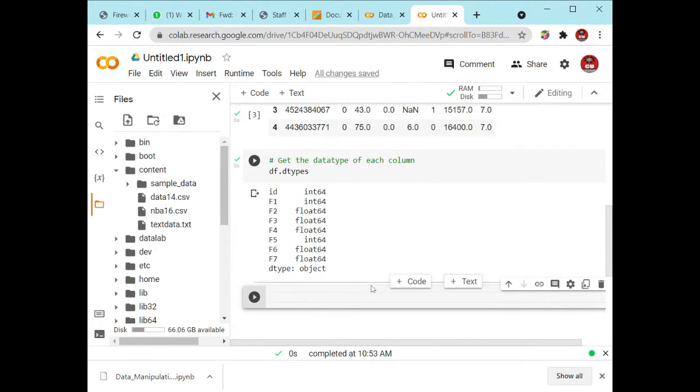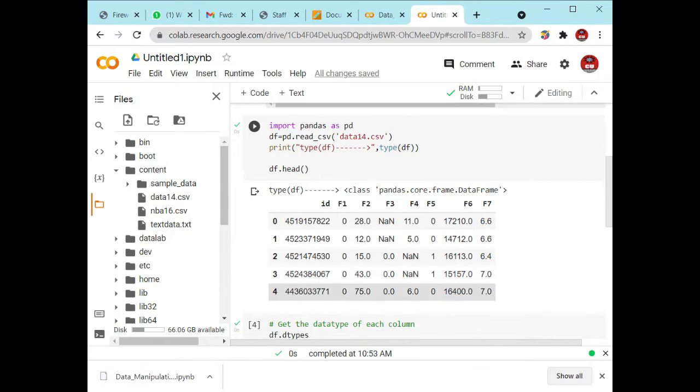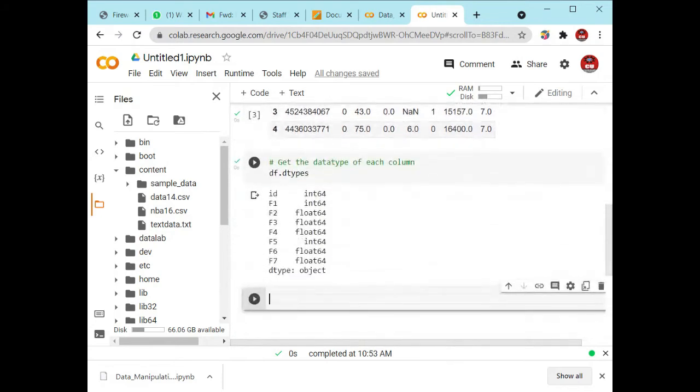The F2 column contains float 64. So you can see this is the F2 value, and all the values are in the form of float. Whereas this F1 contains 0 and 1 values, so this particular F1 is integer type. Similarly, ID is also integer type. So in this manner, you will see all the data types which are present inside this particular file.